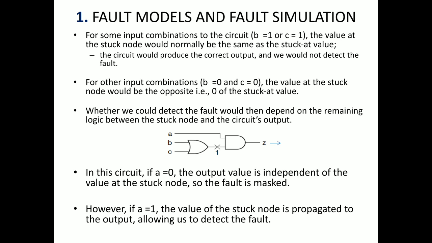But what is the combination of 1 0 for the AND gate? For 0 0, 0 1, and 1 1, it is okay, it will give the correct output. But what is the state when A equals 1 and the other input is 0? For that combination there is no proper output. That combination will not occur, because the other input of the AND gate is always stuck at 1. So this will also be identified by fault models.